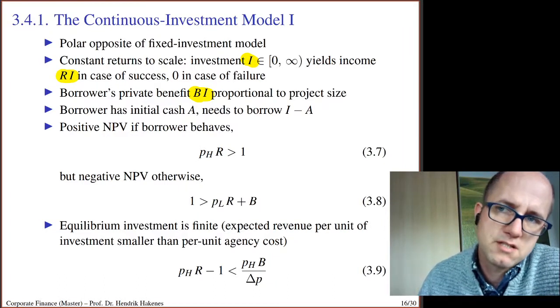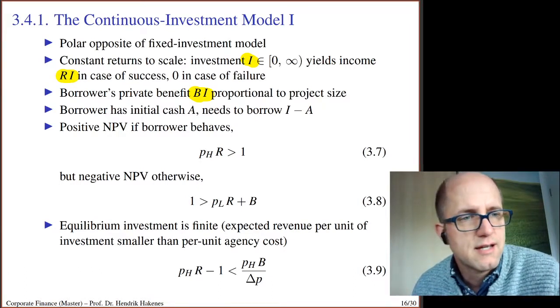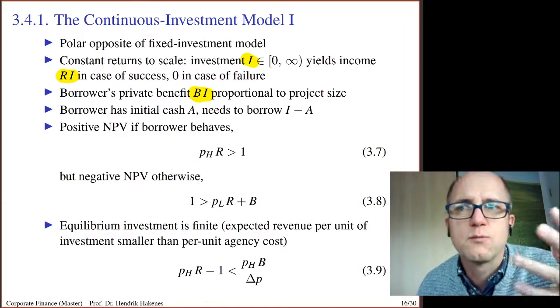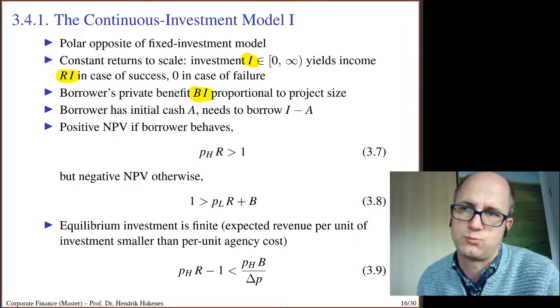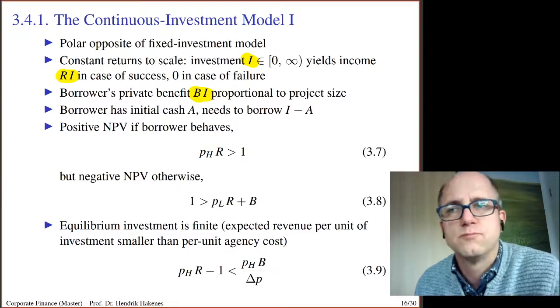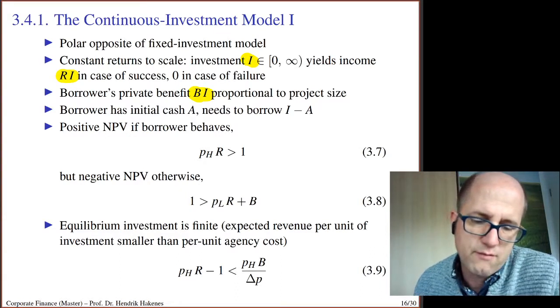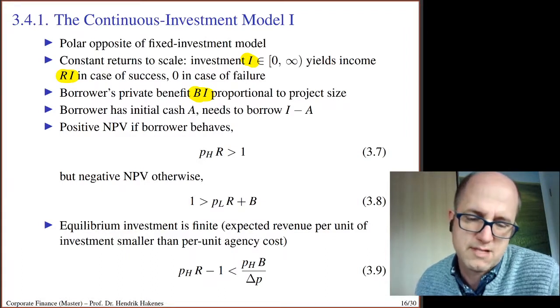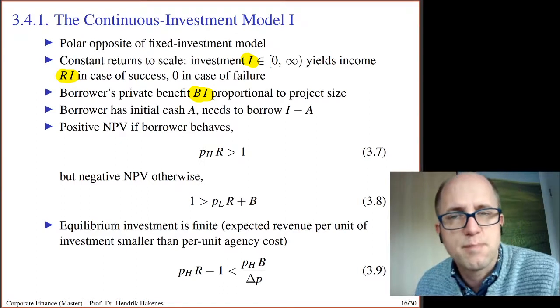So there is an implicit assumption here, and that's something very interesting for you to learn: very often when we write something up mathematically, there are implicit assumptions in making some choices. For example, here we make the modeling assumption that the private benefit is proportional to the investment size. Well, is that realistic? That depends also